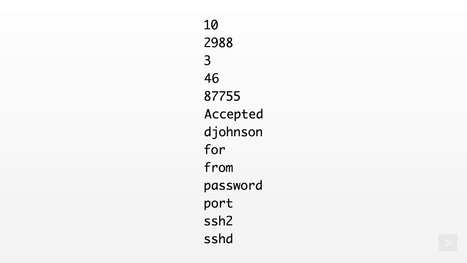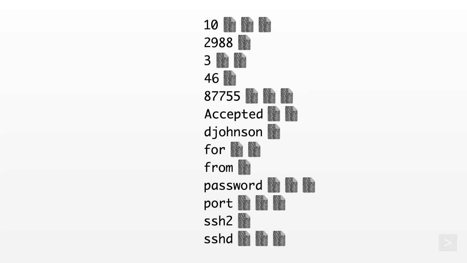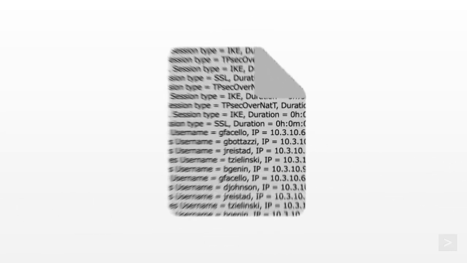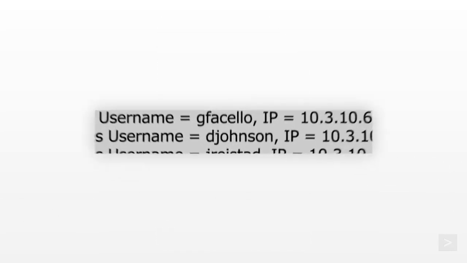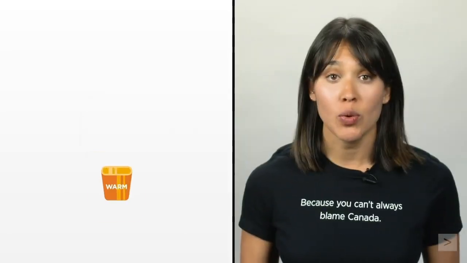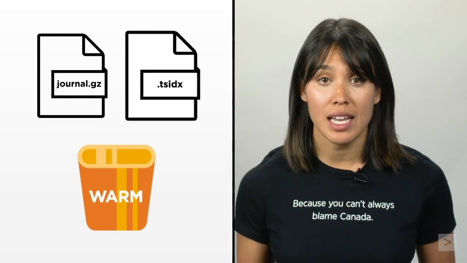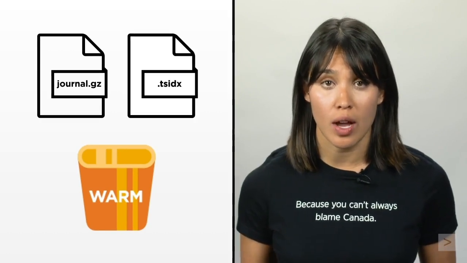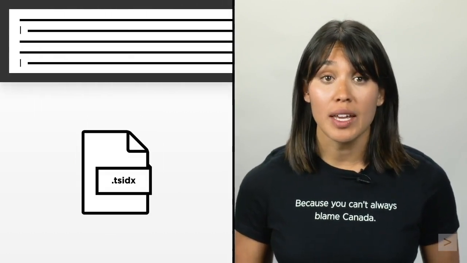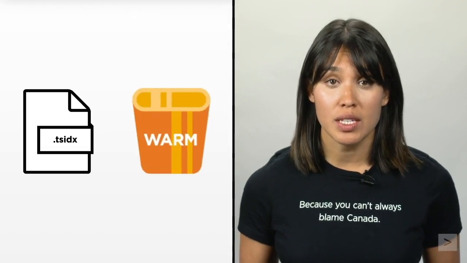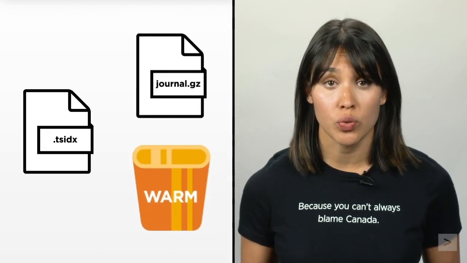Each lexicon has a unique posting list array. That array gives Splunk the location of the events we're looking for inside the journal. So our bucket stores its raw data in a gzip file and creates TSIDX files as a reference to that raw data. When Splunk executes a search, it uses the TSIDX files to know where it should retrieve data from